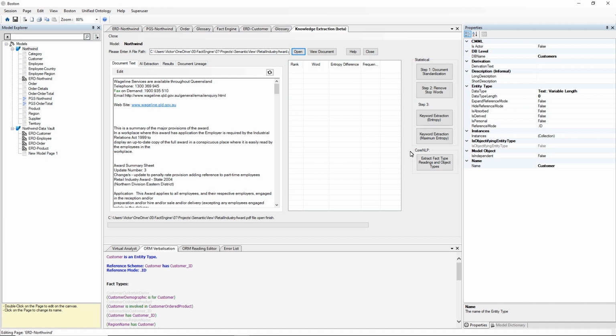Boston has various tools to be able to get keywords and relations out of documents, so model elements ostensibly for our conceptual model, our enterprise model. We can briefly just get single word ones by doing step 1, step 2 and using either one of these. Let's just pick on the first one. So it's keyword extraction. Now that should come back fairly quickly with this document because it isn't a very large document, and return a list of